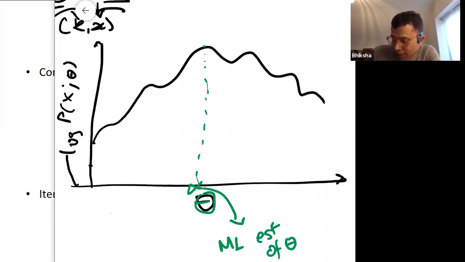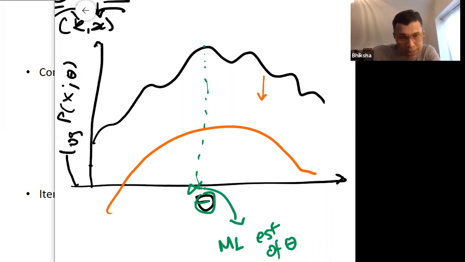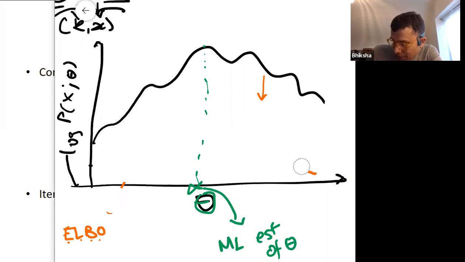It means that this function has this property that it is always going to lie below this guy. It will never, ever exceed it. But then we are going to construct something called an elbow, which is an empirical lower bound. And the manner in which we will construct the elbow gives this function a very interesting property: while it is guaranteed to be a lower bound,